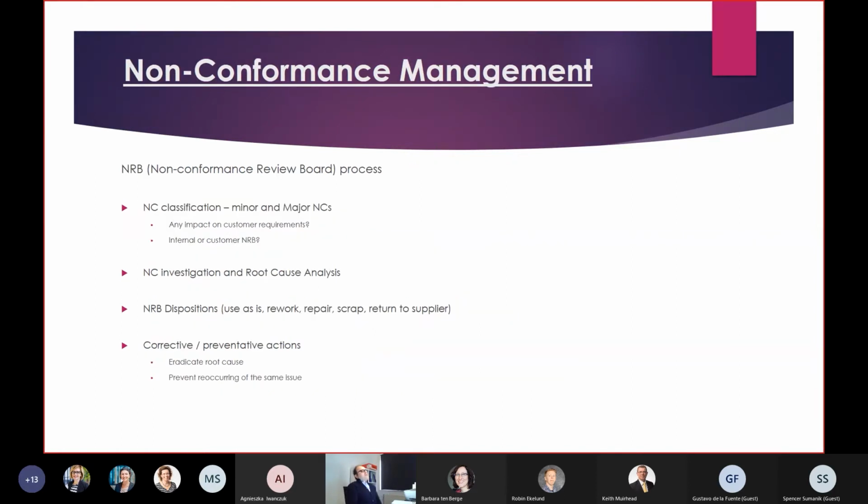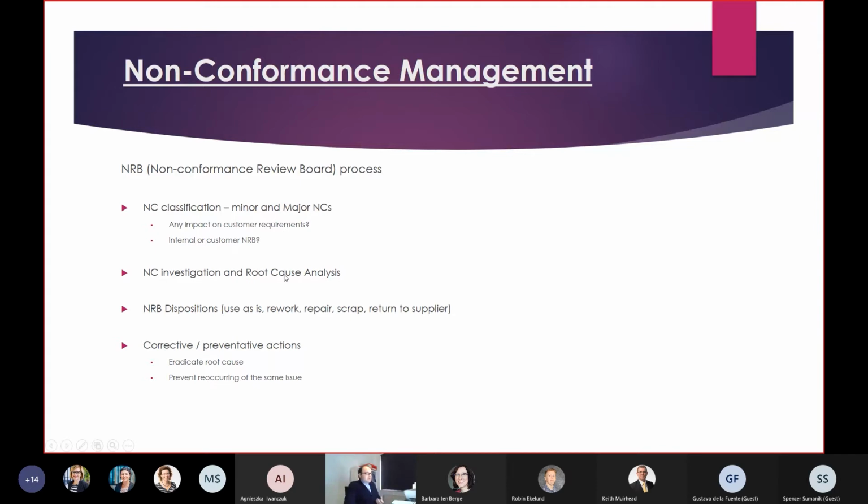Okay, this slide is about non-conformance management. This is an activity that requires quite a big effort once you get into the manufacturing phase. You get lots of products to follow up, and non-conformances sometimes arise. Anytime you have non-conformance, the non-conformance management is run by the non-conformance review board. And basically, the first thing you have to do is try to understand the impacts of the NCR, whether you can deal with it internally or you need to involve the customer.